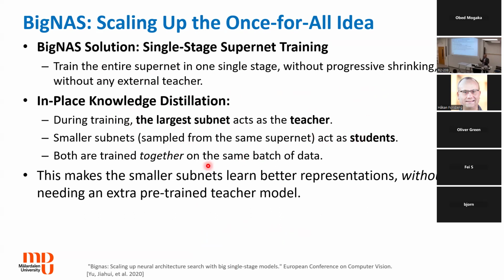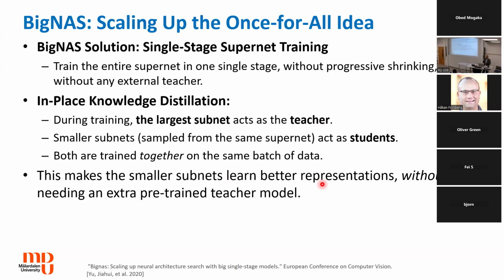We discussed a combination of online distillation and self-distillation. So this is the same thing. The biggest subnet, or the supernet itself, is being trained while the students are also being trained. Smaller subnets are also being trained, so both are trained at the same time. The biggest subnet, or the supernet in other words, acts as the teacher for the small students. This makes the smaller subnets learn better representations, and it does not need an extra pre-trained model to become